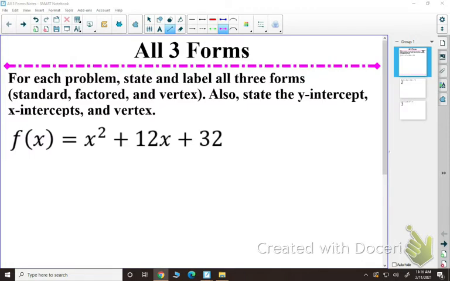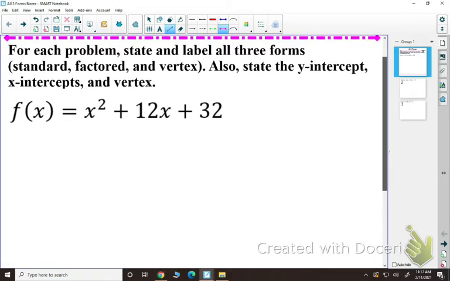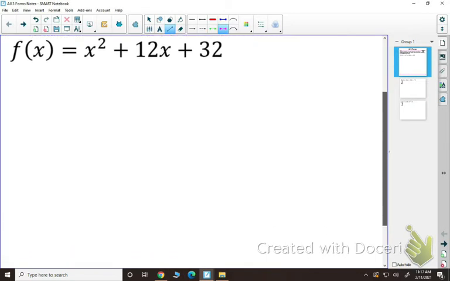So if I give you standard, you're going to tell me factored and vertex form. And then also you're going to tell me what the y-intercept, the x-intercepts are, as well as the vertex. And this is in preparation for our upcoming tests. But again, this is not the true review. We're just going to practice going back and forth. So for the first one